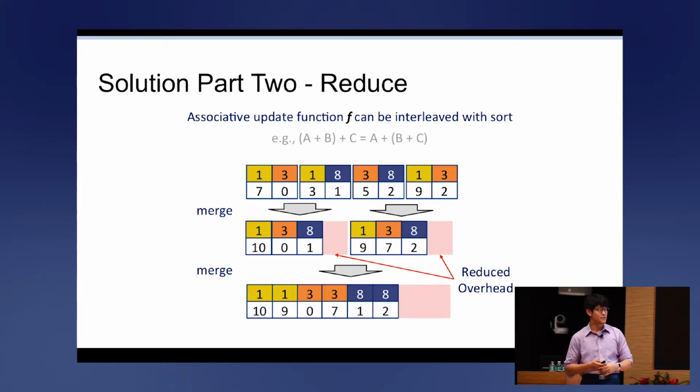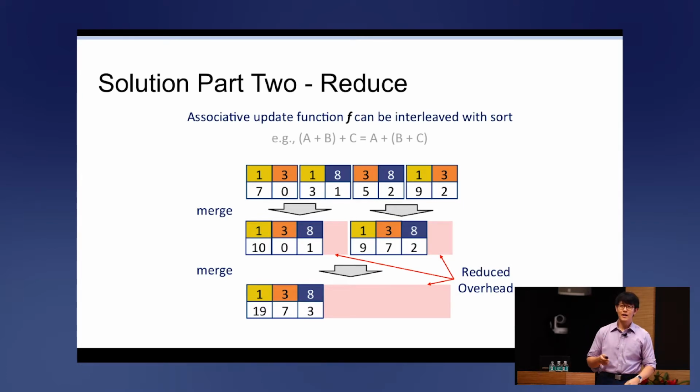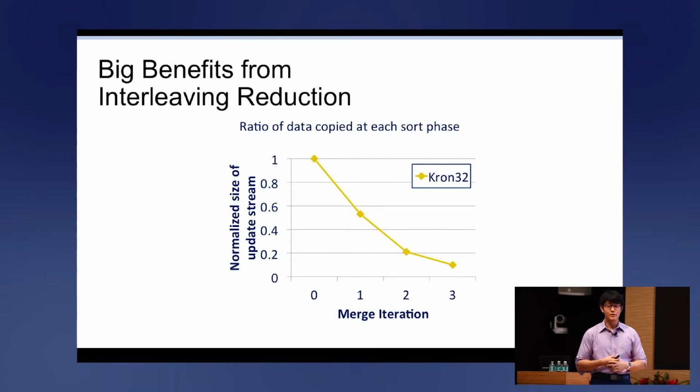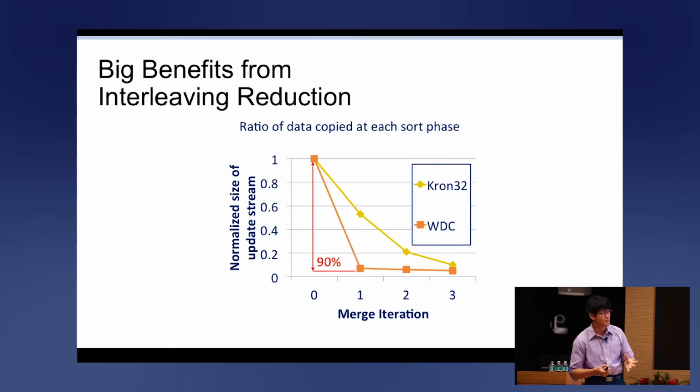And this continues with every step of the merge sort algorithm, which actually results in a significant amount of reduced overhead. And when we apply this algorithm to various kinds of graphs, the overhead saving of the algorithm was quite significant. And at least in one real-world graph, which is the Web Data Commons web crawl graph, the